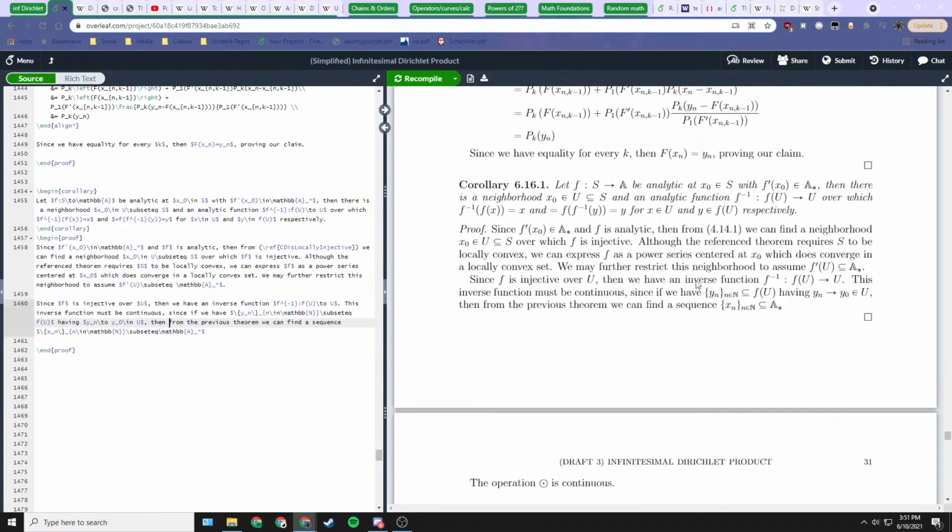Okay, so this must be continuous, since if we have the sequence tending to y0, from the previous theorem we can find a sequence x_n with x_n going to, this should be f inverse of y0. Having f of f x_n, sorry, over which the power series of f centered at